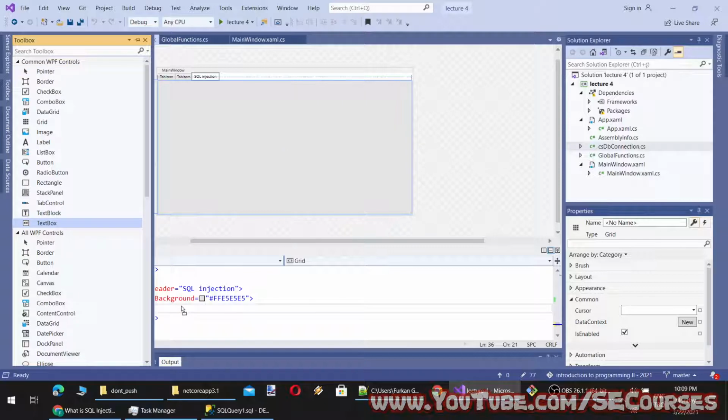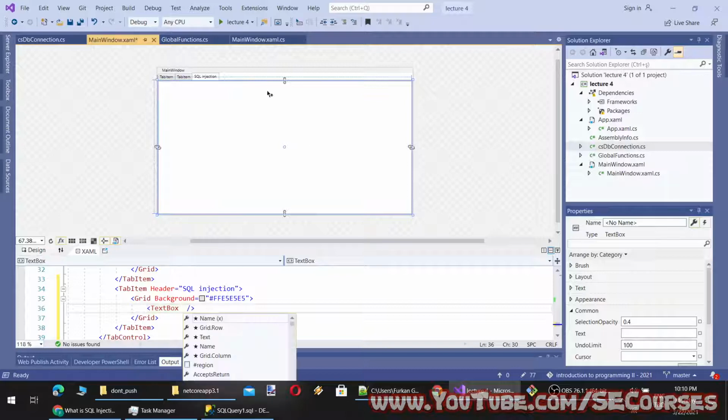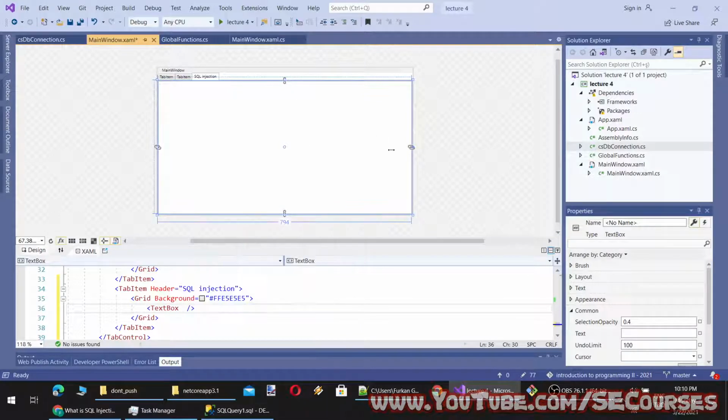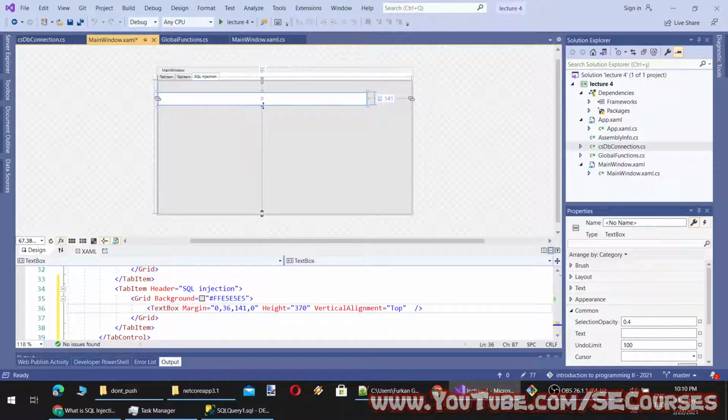Normally, this is what non-professional programmer students would do. So the text box is taking the entire space. Let's make it smaller. Okay, and here, let's remove the height.